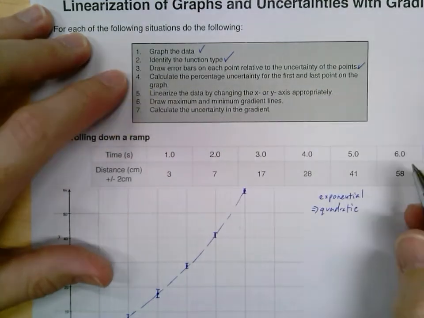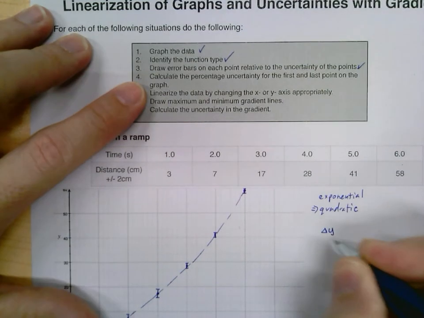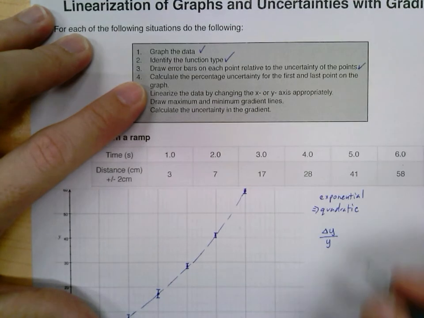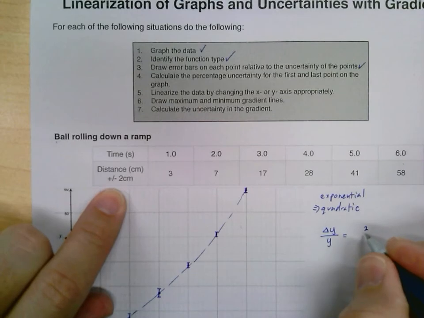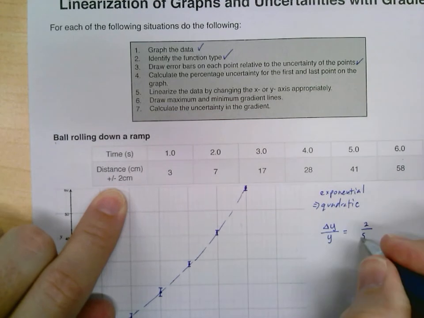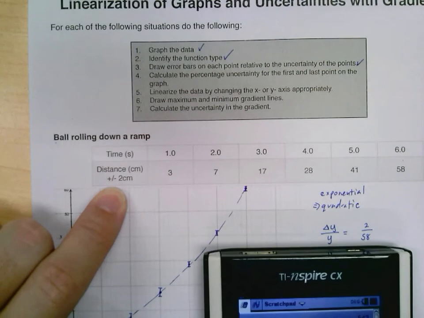Remember that percentage uncertainty is just the uncertainty divided by the value itself. For this last point, the uncertainty is 2 centimeters, and the value is 58. So 2 over 58. If I pull out my calculator and go 2 divided by 58, I get